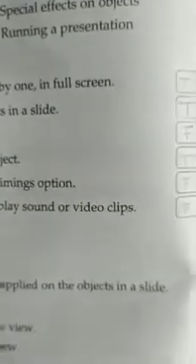Okay, now see the third one: text on slides cannot be animated. Text on slides cannot be animated, so this is the wrong statement. So you write F here, that is false. Okay, now the fourth one: you can apply multiple animation effects on a single object. So this one is a true statement. Okay, now the fifth one: you can modify the slide background using the rehearse timing option. So this one is a false statement, you write F here.